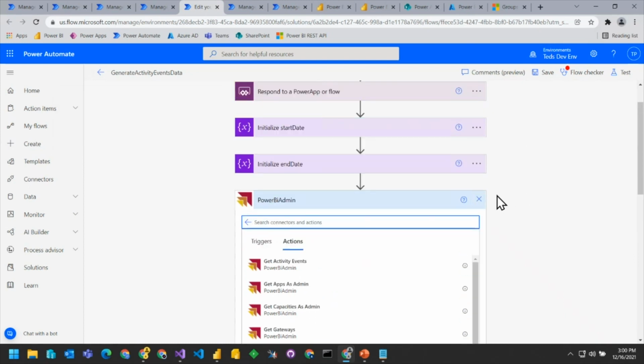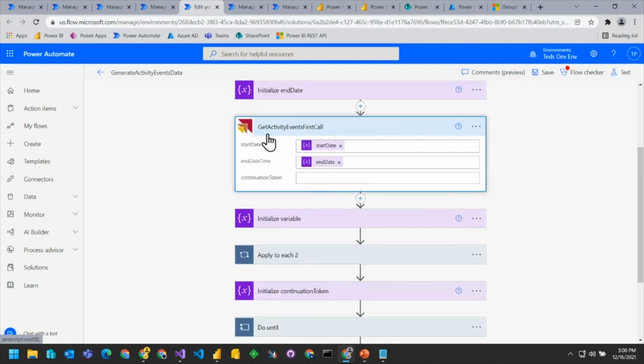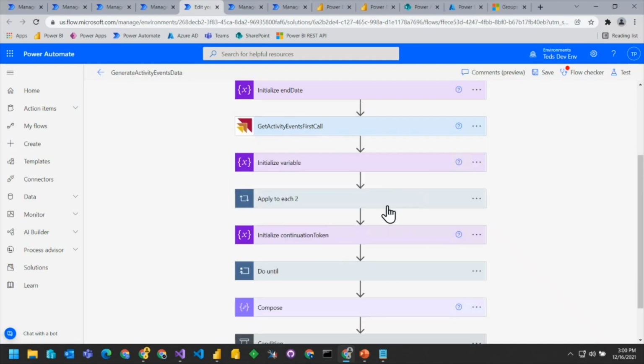So that's what we've done in our case right here, where we're going to call the get activity event log. And the idea is you have to pass it a start date and an end date. And typically you have midnight and then a second before midnight the next day. So you're going to have a whole date range, or it can be smaller, but the idea is that you can't cross over days. Now, the first time we call this, we pass the start date and end date. Now, the reason that this one is tricky is that we're going to have a do loop.